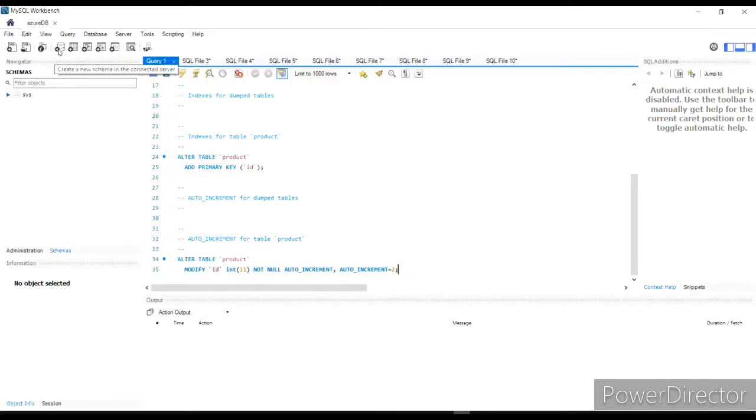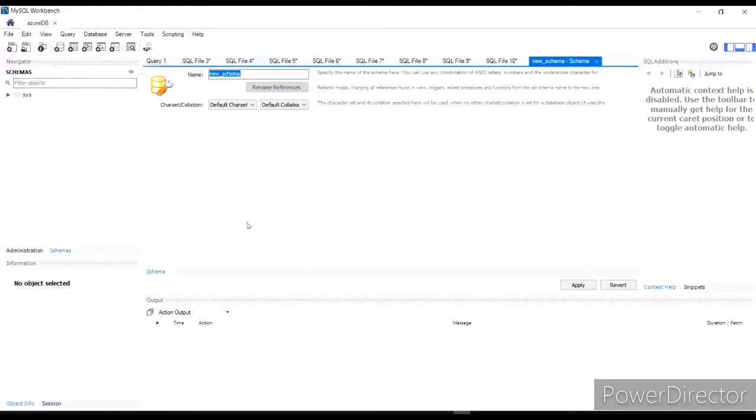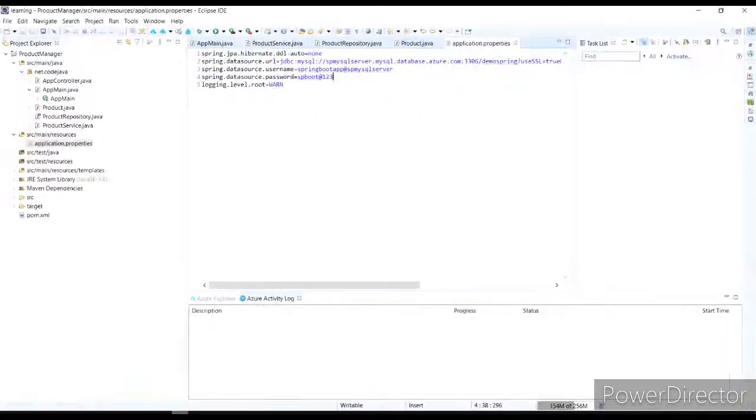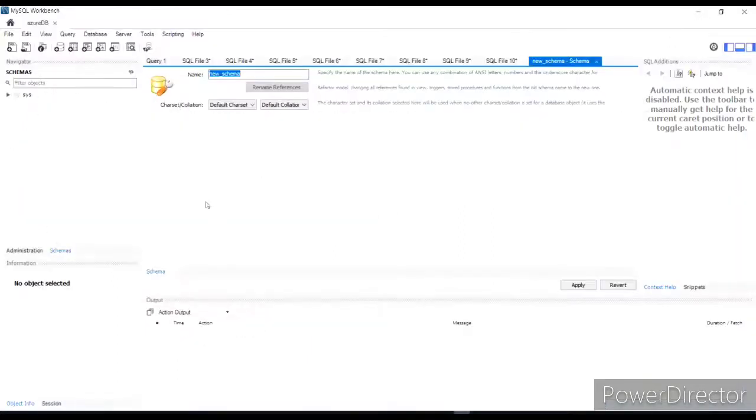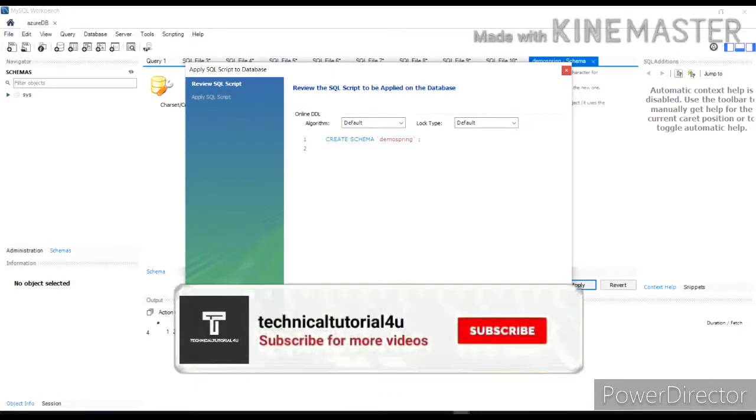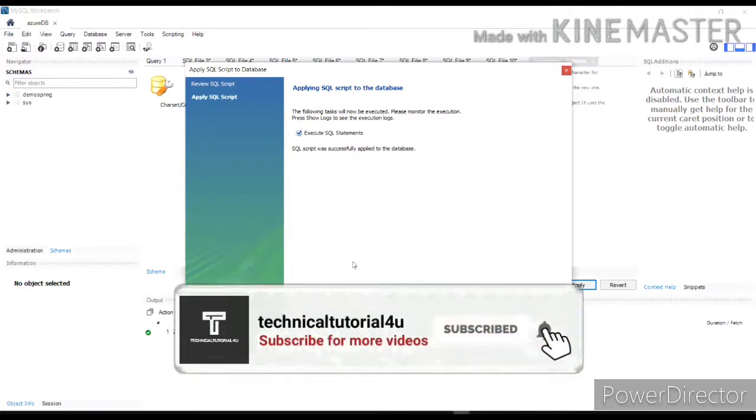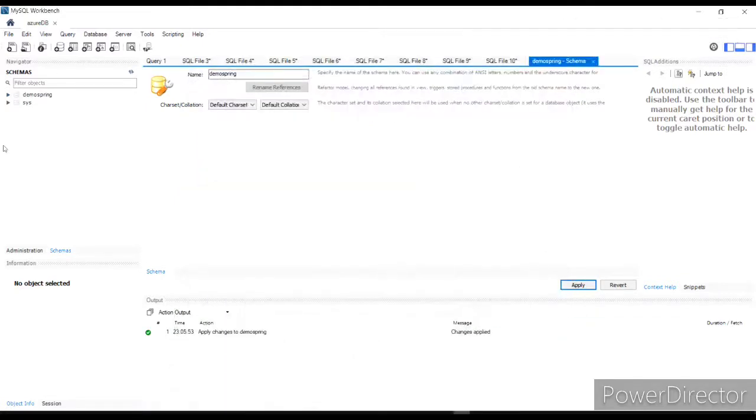Then I will create a database here. So my database name is demo spring. I just created my database, created successfully.